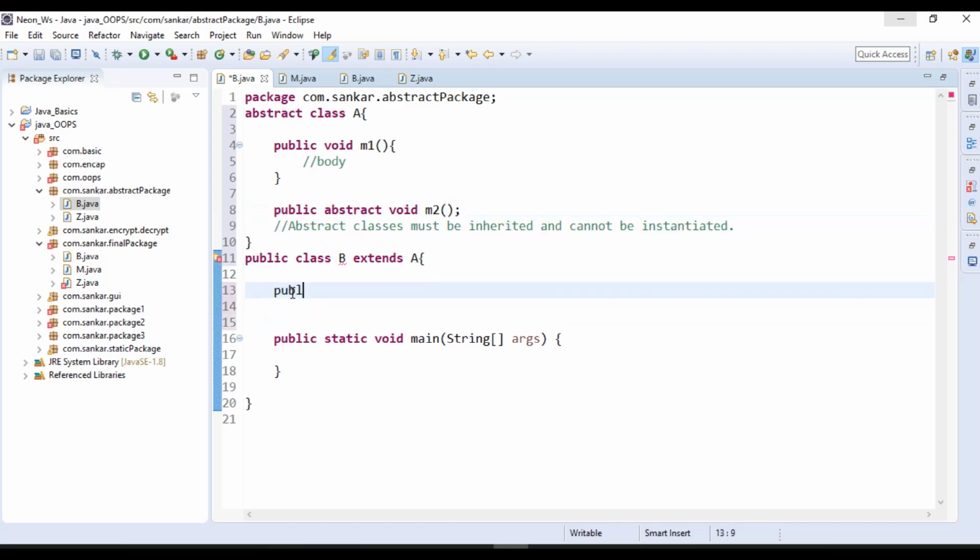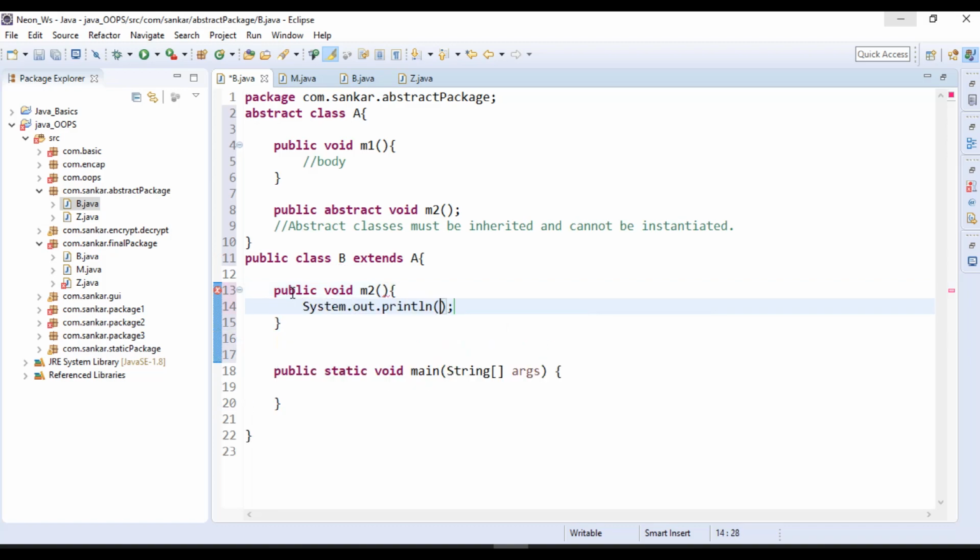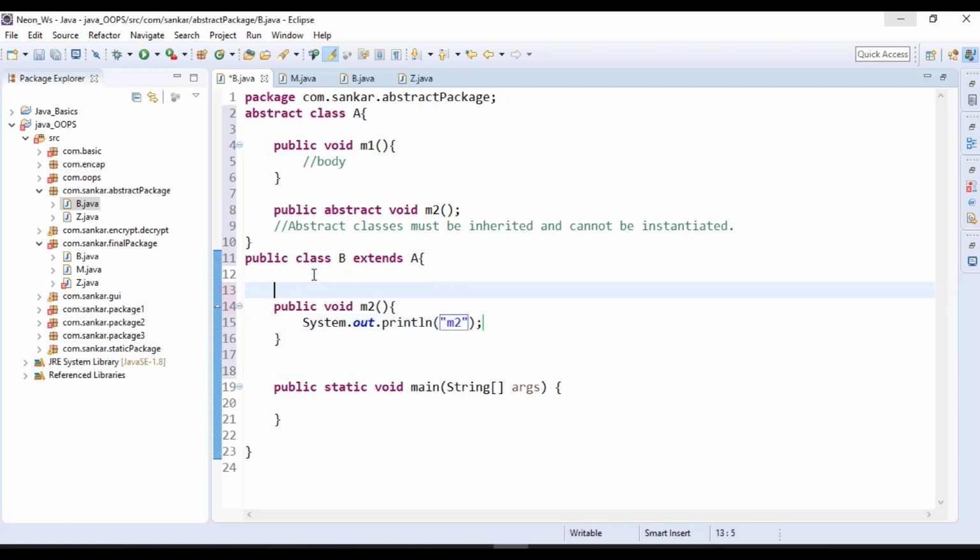So how can we do it? We need the override concept. We need to do it here. Okay. Public void m2, the same method name and parameters. I will override it here, then write my own logic in the child class. So now I can properly override. How can you tell whether you properly overrode or not? Use the override annotation also, though it is not mandatory.